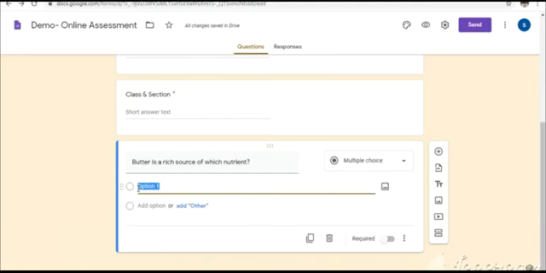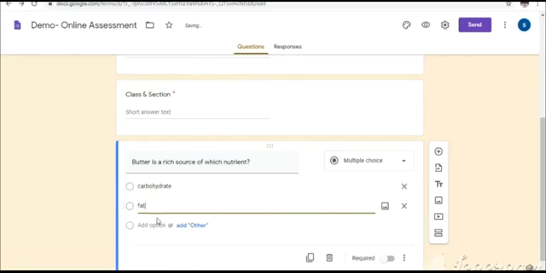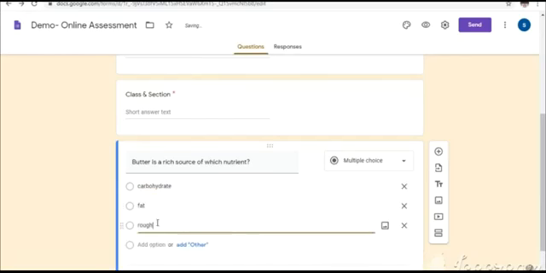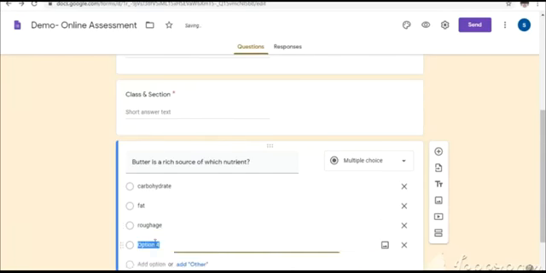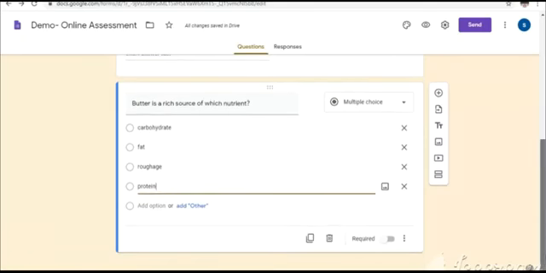I wanted to give the options for that: carbohydrate, fat, roughage, protein. I have given 4 different options. And this is a required question.